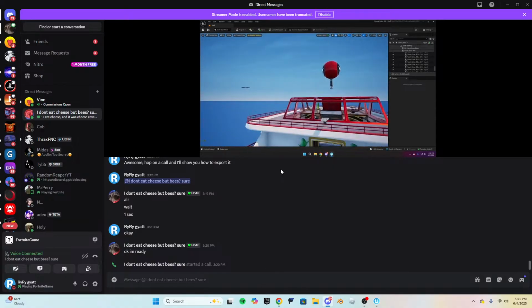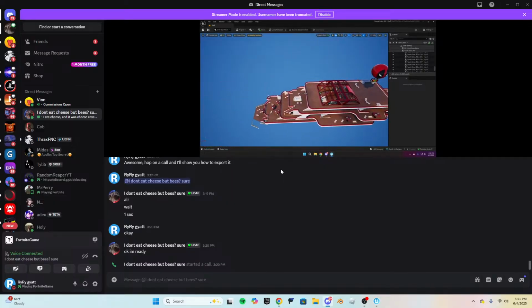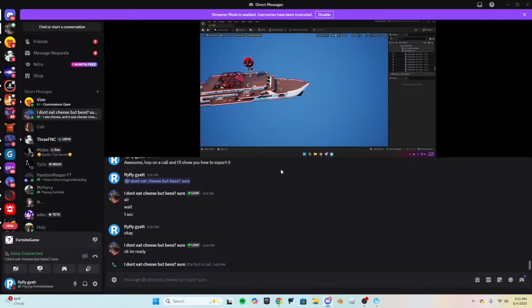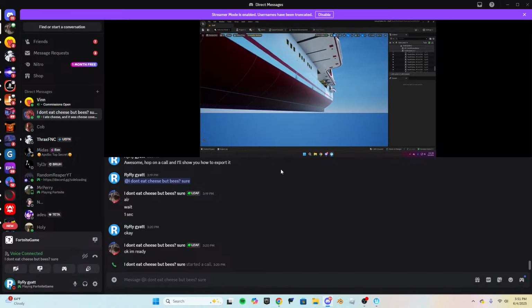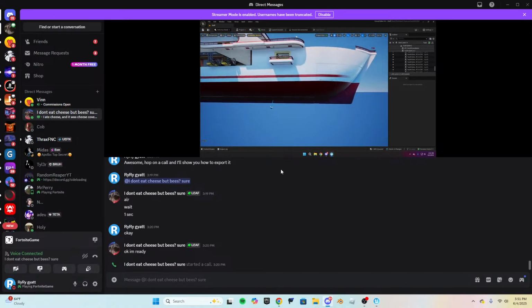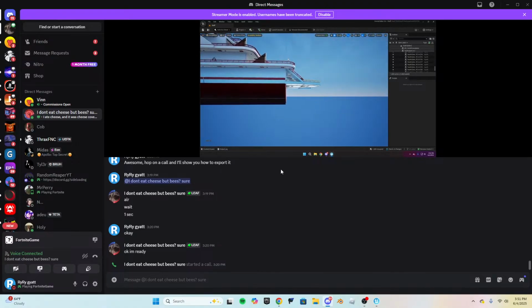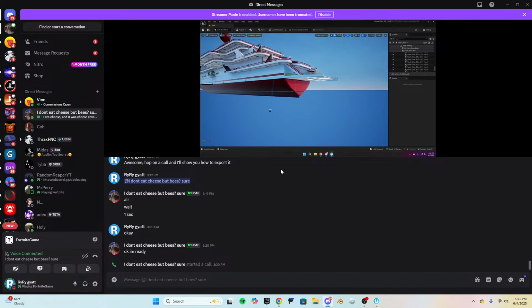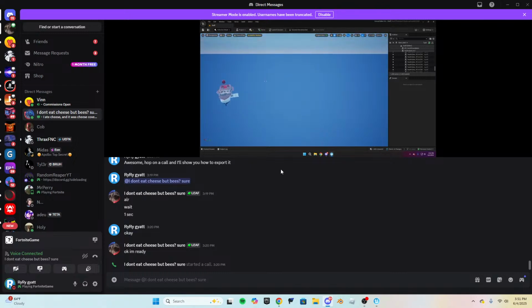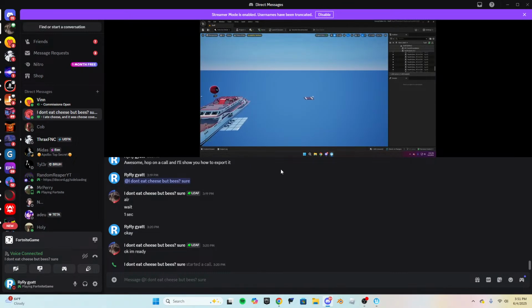Oh, okay. The bottom's red too. Like the bottom of the ship should be red, right? Cool. All right, so it looks like I have to fix a couple things, but other than that, it looks pretty good.